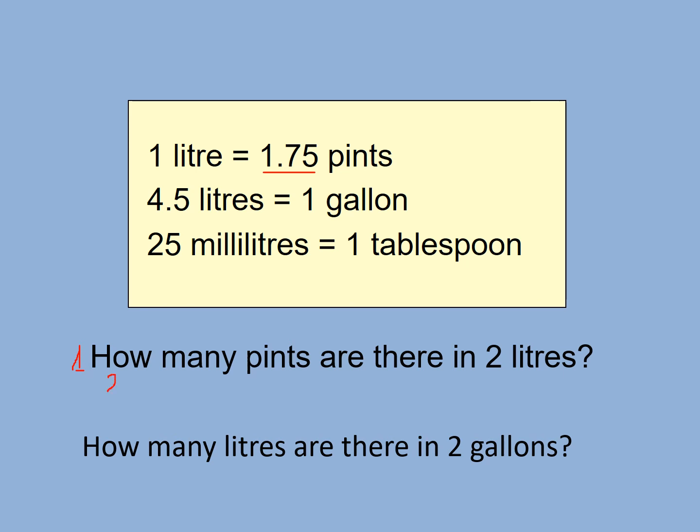So we can say 2 multiplied by 1.75, which will be equal to how many? 3.5 pints. Okay, so it's going to give us 3.5 pints,